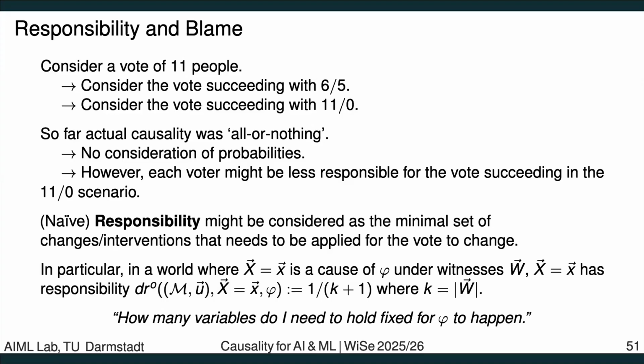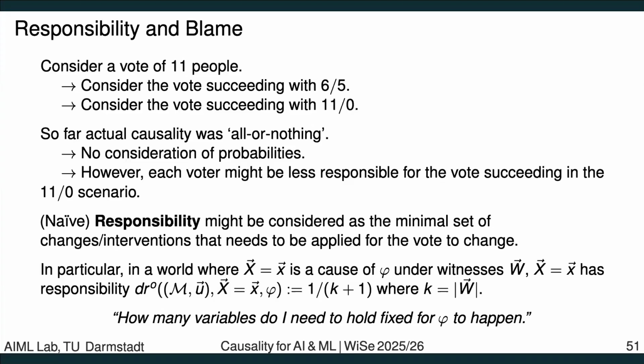And then for responsibility, I might want to look at it the other way around. Some event happened, but responsibility is maybe more related to stability. So it is this set W, where I have all the witnesses, or all the variables that were observed, but